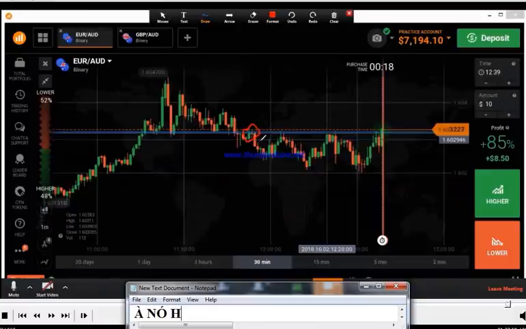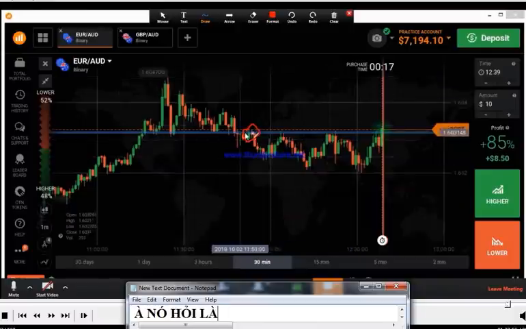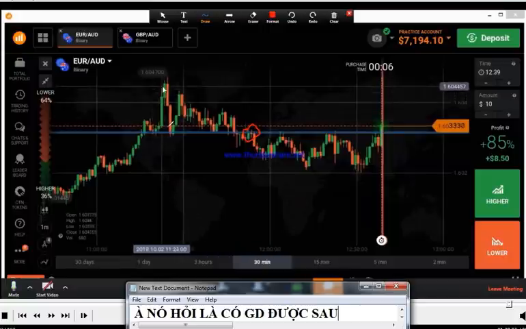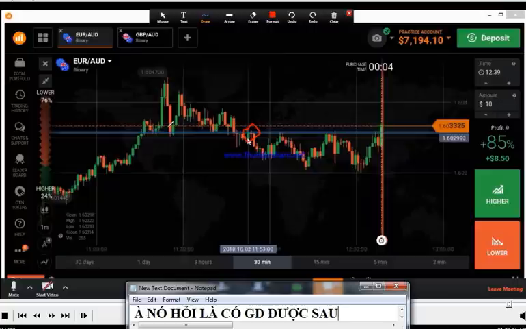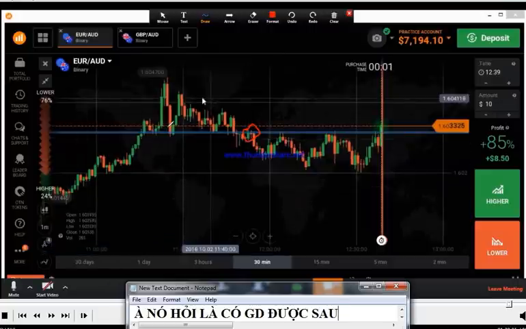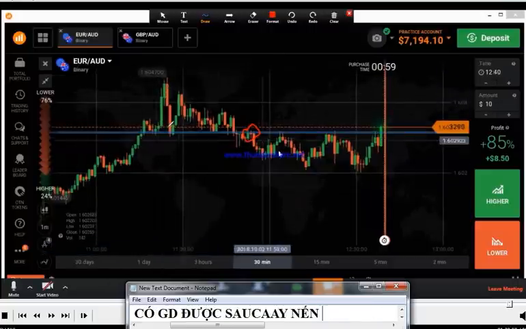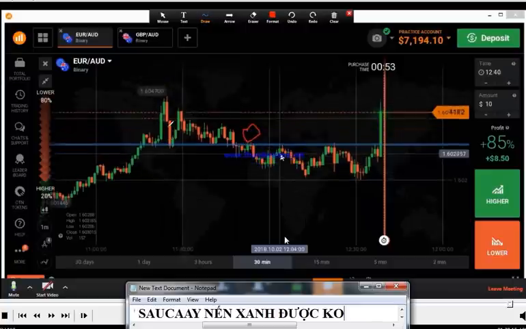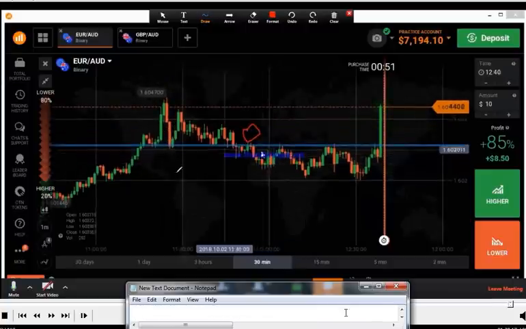Just wait. After this green candle? You can trade with a put option. But bro, I'm going against the trend. Yes, now the trend is a downtrend. The major trend is an uptrend. The minor trend is now a downtrend. You can trade, all because of this strong level. That's why.